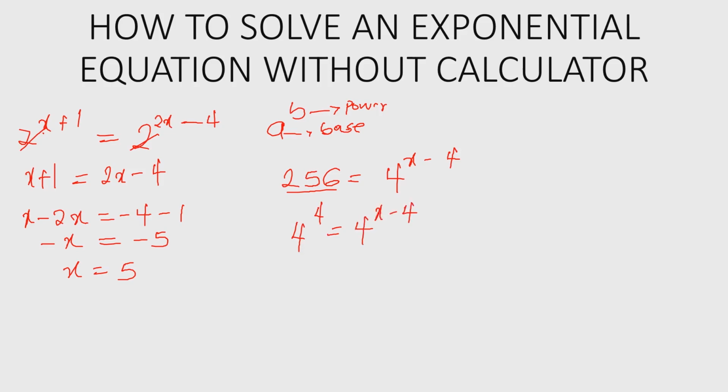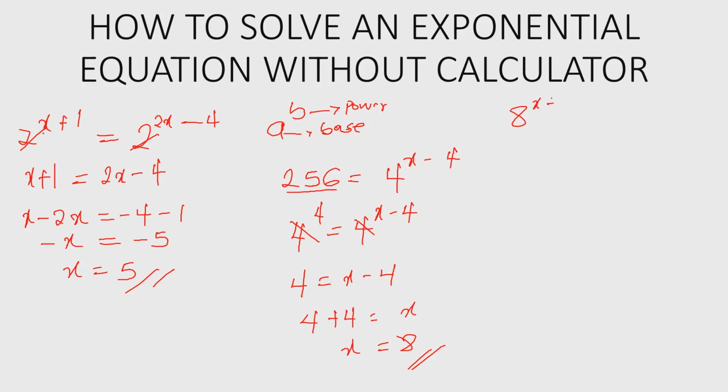Then since they have the same base, we can actually cancel out the base. Then our 4 will be equal to x minus 4. If you collect the like terms, we are going to have 4 plus 4 is equal to x. Then x is equal to 8. So that is it. Then the other one is, for example,